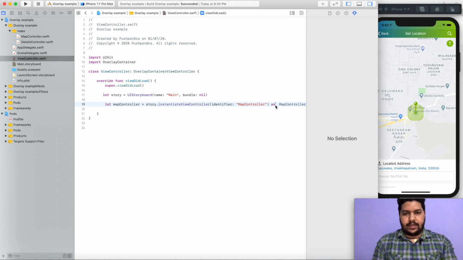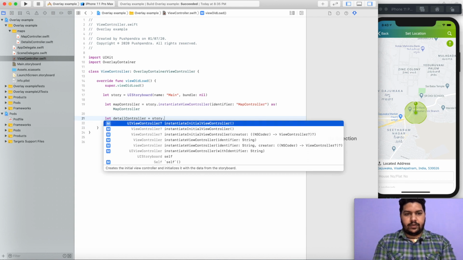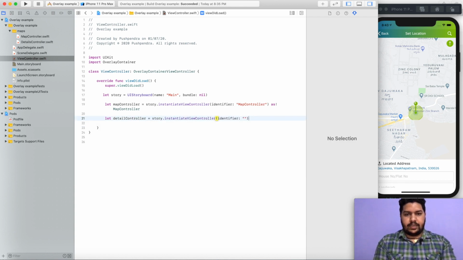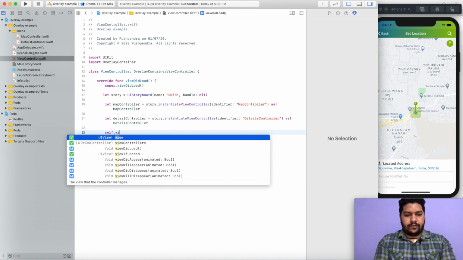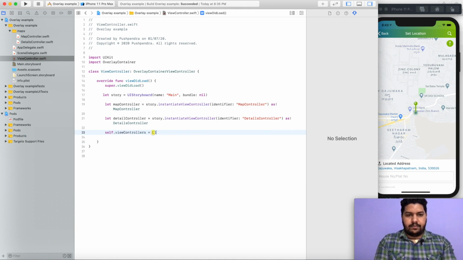Same for the other one: let detail controller equal story dot instantiate with the string, and here it will be details view controller. Copy and paste here. Fine. Now finally self dot view controllers, and here pass map view controller comma details view controller. Here it is.